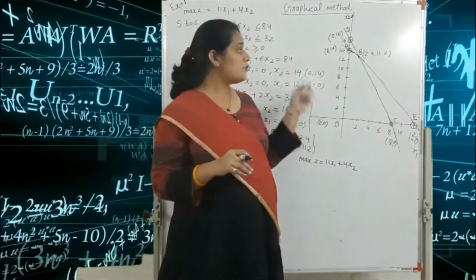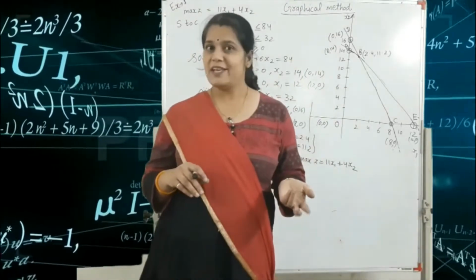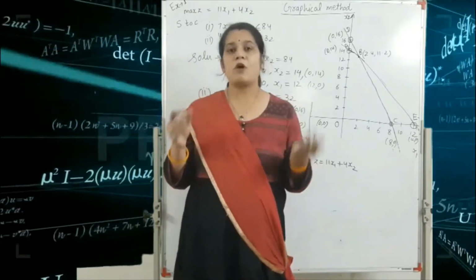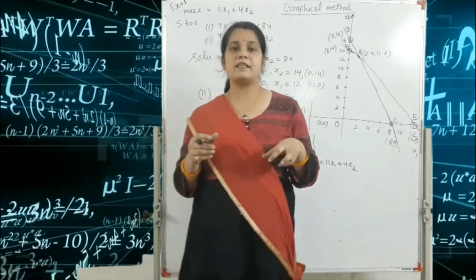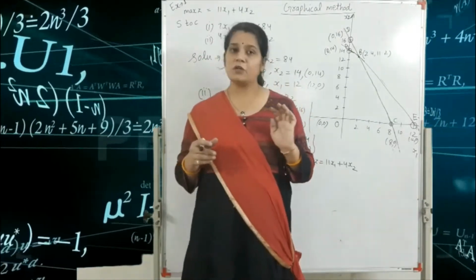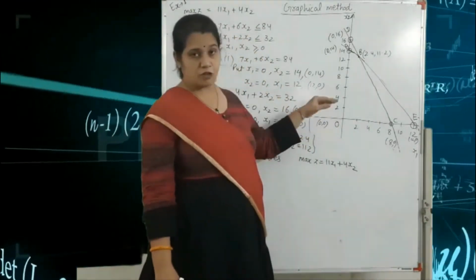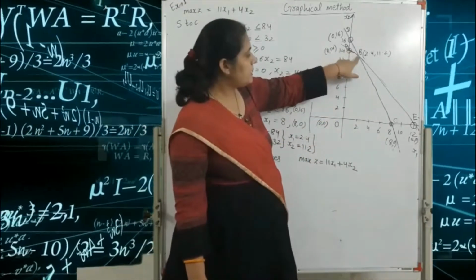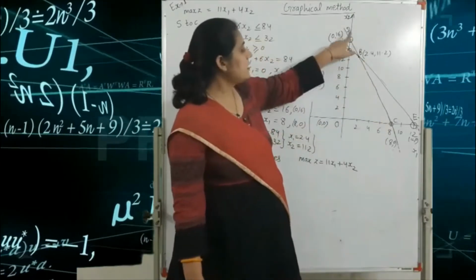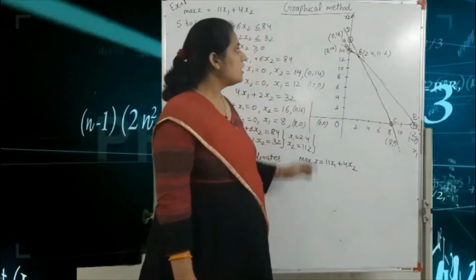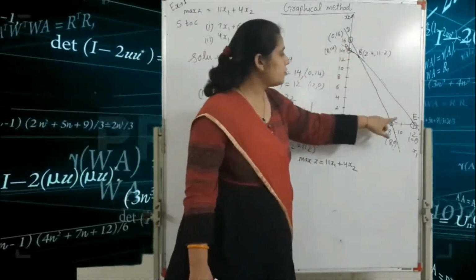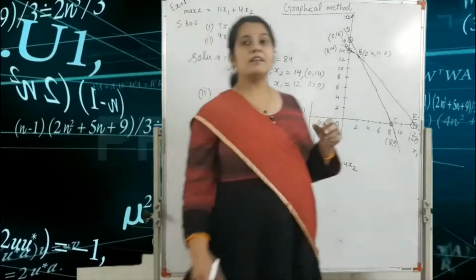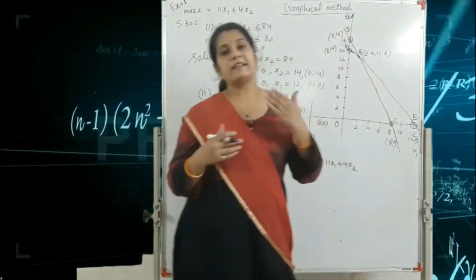After that, you find the feasible region. So what do we mean by the feasible region? Feasible region means all the points in the feasible region satisfy the constraint equations. Here we write the points: this is the O point, A, B, C, here D and here E. So here we have a total of 1, 2, 3, 4 and 5 points. This is the 0, 0 point. So we use 5 points in the graphical method for finding the maximizer.